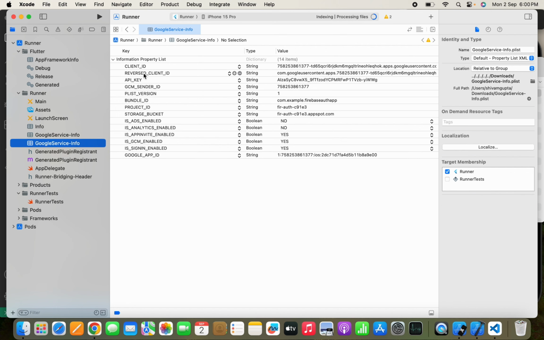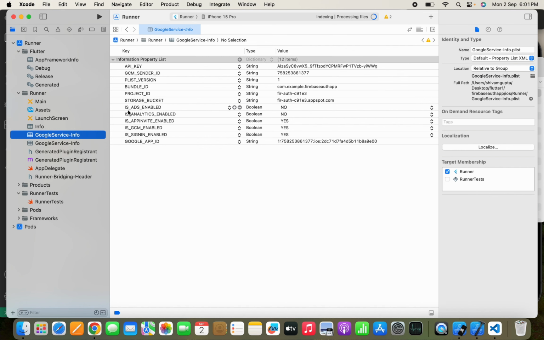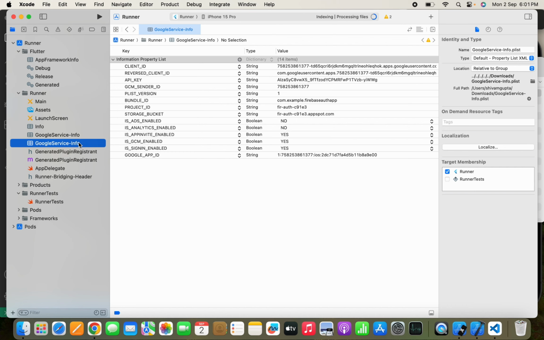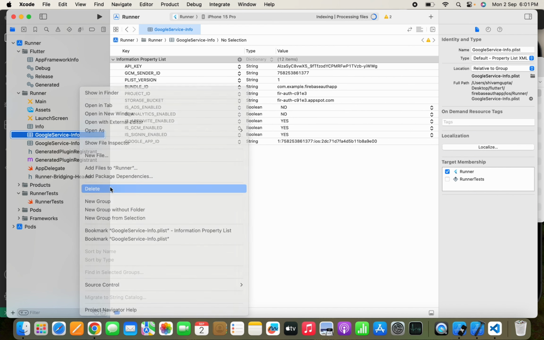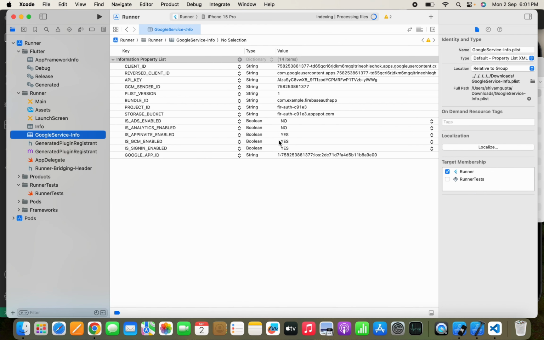Here you can see a reverse client ID. We need this reverse client ID, but in the old GoogleService-Info you can't see a reverse client ID. So this is the difference. When you can't find a reverse client ID, just download the GoogleService-Info.plist file from Firebase again and paste it here, and we'll simply remove this old one and move it to trash,